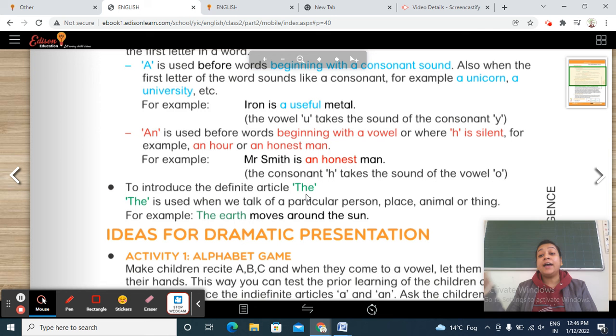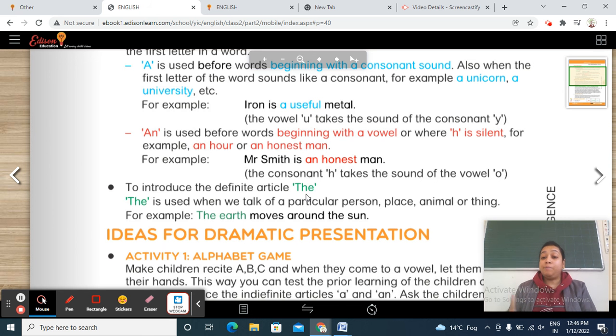Places like the Taj Mahal, done, because it's one in the whole world. But with the name of a country and cities, the will not come. We don't write the with India, the Ambala city, the Haryana, the Punjab, the Uttar Pradesh. We don't write the with the name of states, cities, or country.